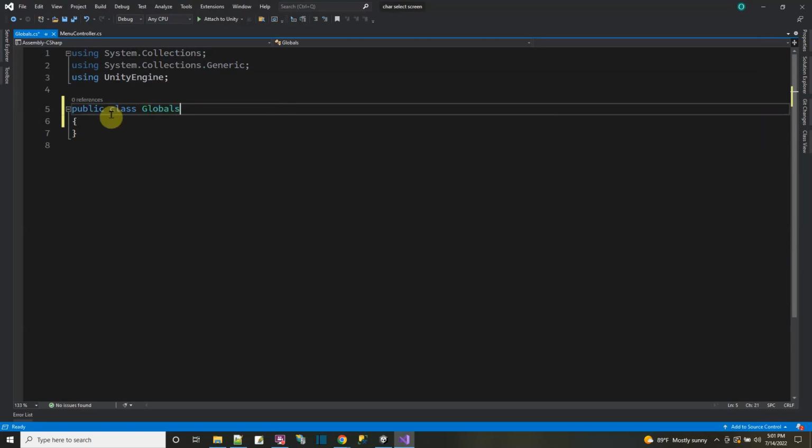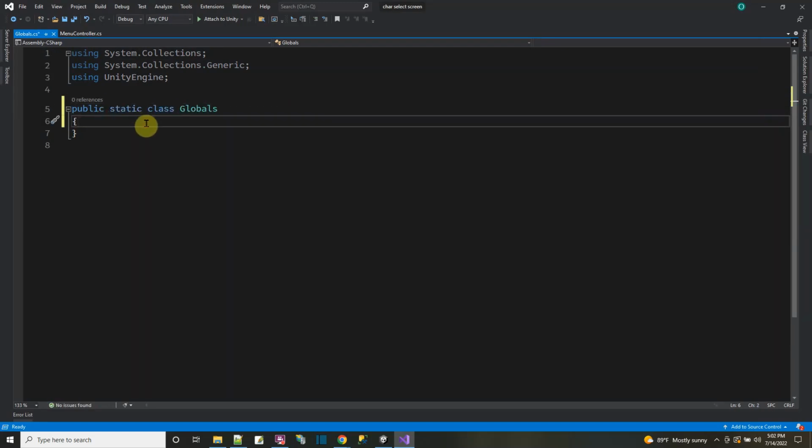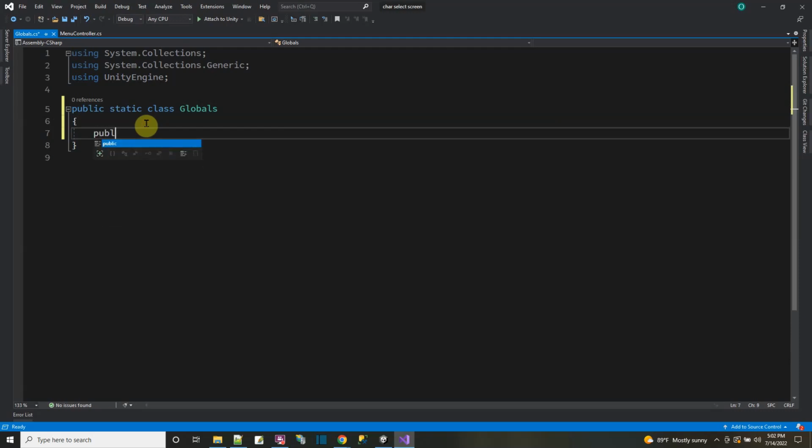So this won't be a MonoBehaviour. And this one I'm going to make static. Okay? And then in this static script, I'm going to create a public static list of strings, this one's going to be names, list ship names, okay, equals